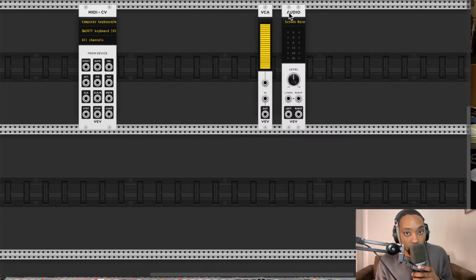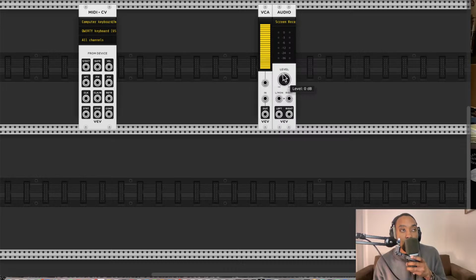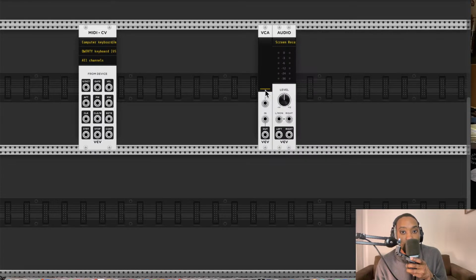And this is our audio out, so our audio out to the real world. Think of these as our two outports, just like we have in Reactor. In this case, it's a left and right port going out to the real world. And we have our VCA, which is our amplifier and our volume. So we're going to start with that all the way down so we don't blow our eardrums out. And that's how I like to do it